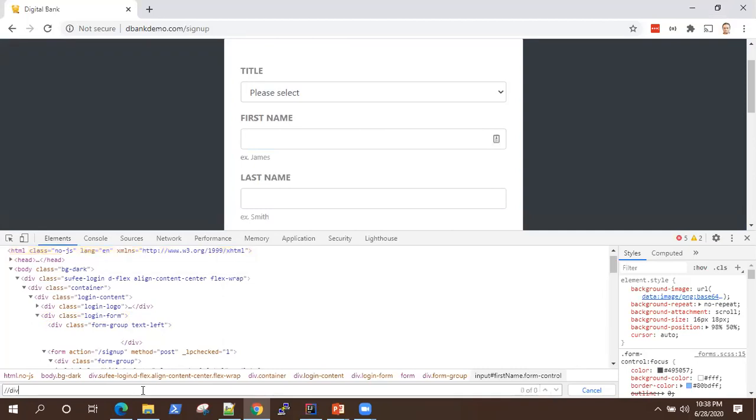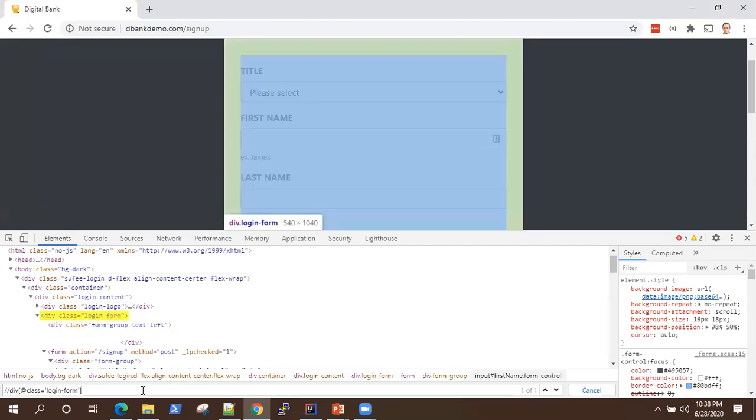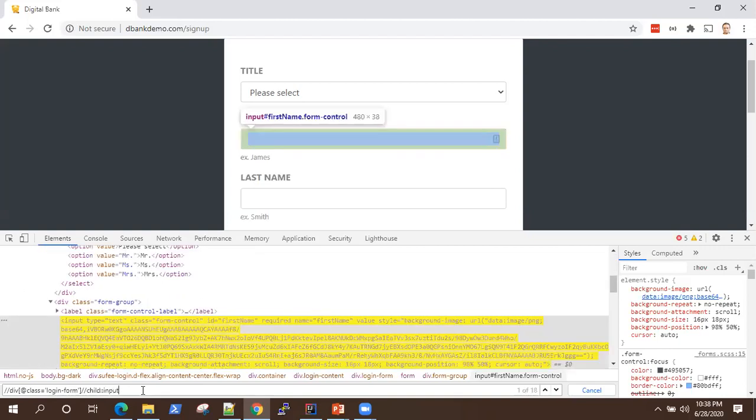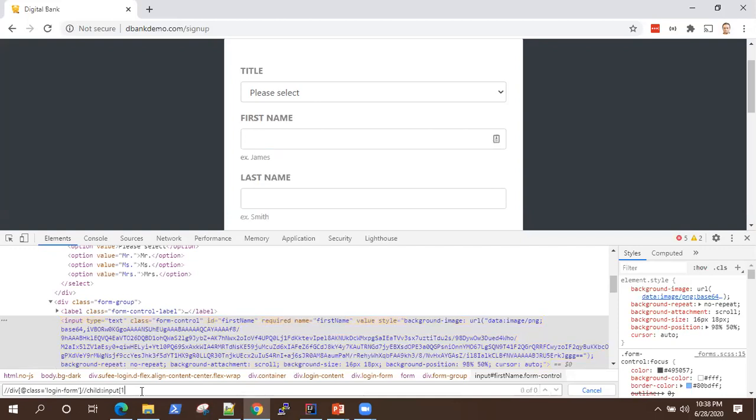So it's div and class equals to login form. And then we use the child access method and the same syntax. This time around, we will be using the input tag, but as you can see, there are 18 input tags in the form. And what do you want to do with this? So I just want to have the,